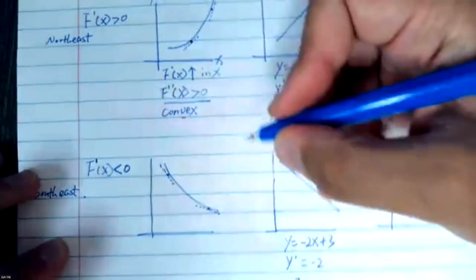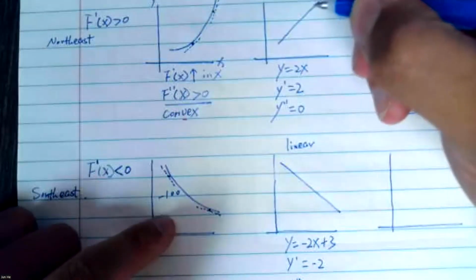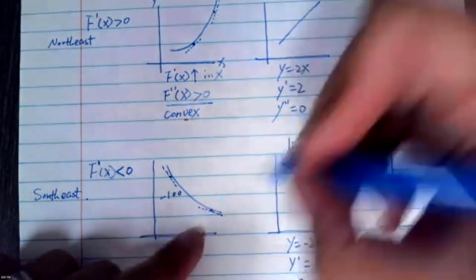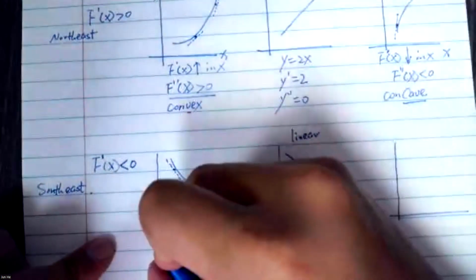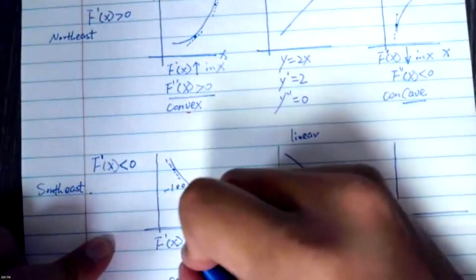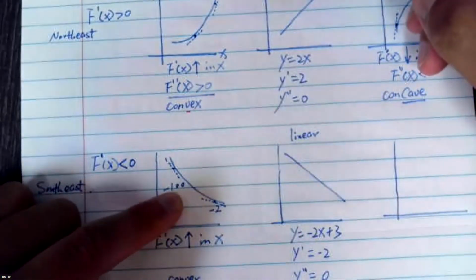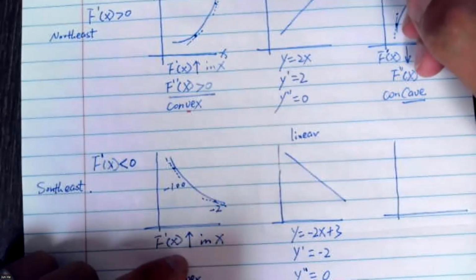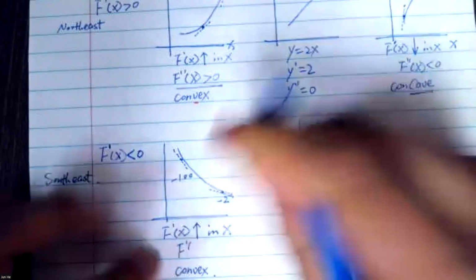Say, previously it was dropping rapidly, at a speed of minus 100. Now the dropping speed gets milder, say to minus 2, right? So in that case, f prime x still increases in x. It grows from minus 100 to minus 2. That's a growth, right? So that tells you f double